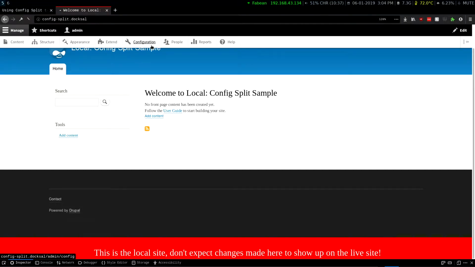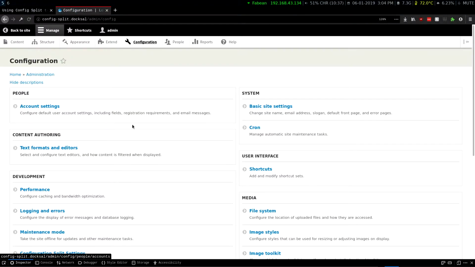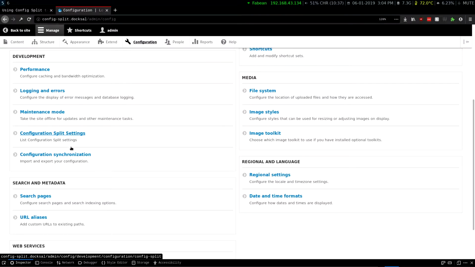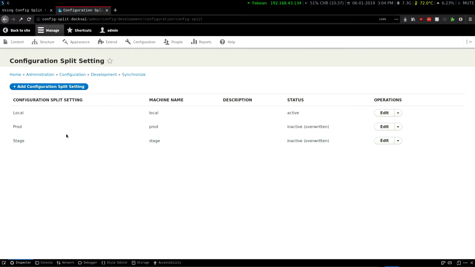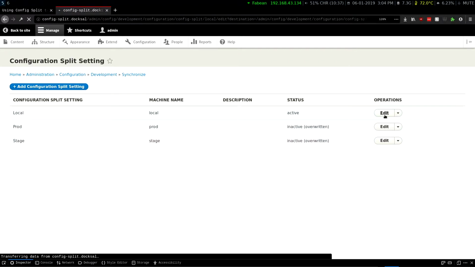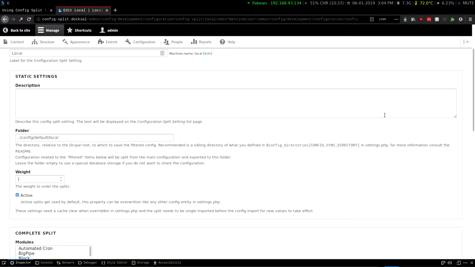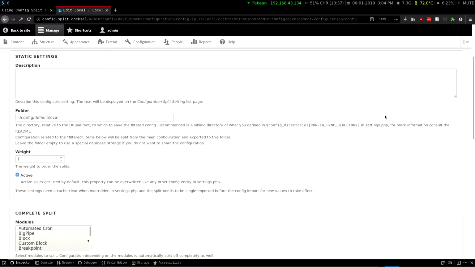So you install config split, and then under the configuration, you already have the configuration synchronization, but then you'll get this new thing, config split settings. And we're defining 3 different split settings: a local, prod, and staging. So first, we'll look at our local, and the main thing you have to set up here is just